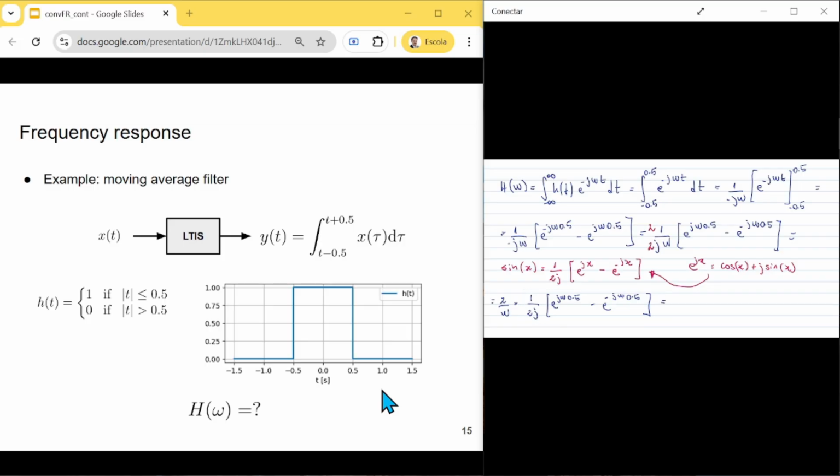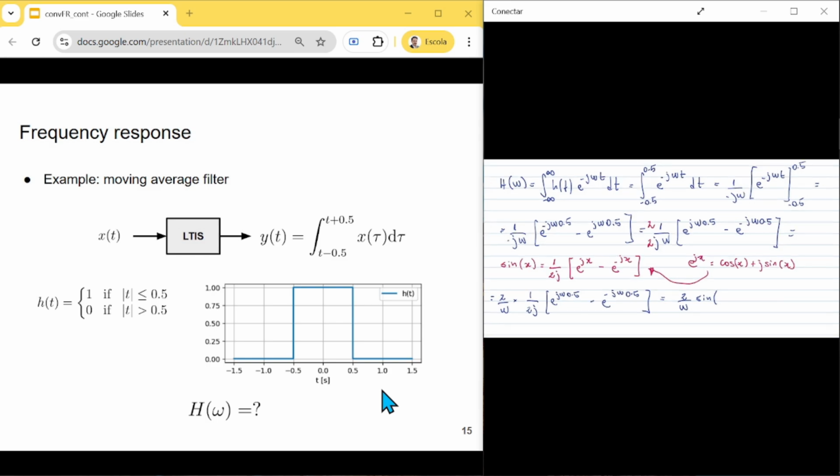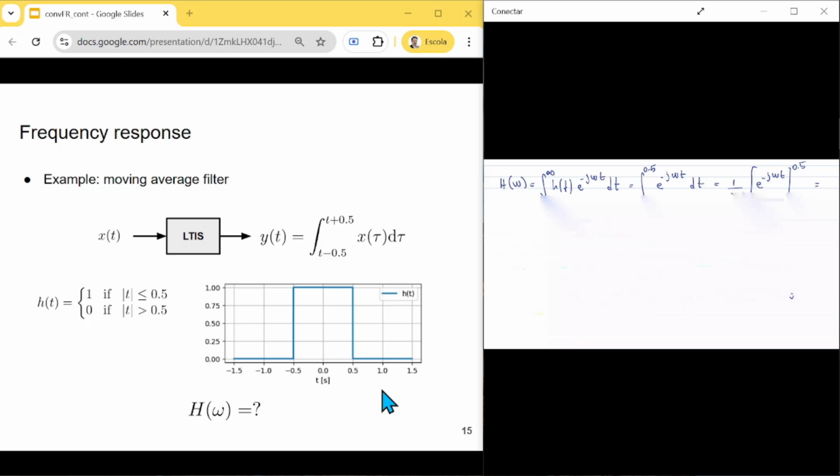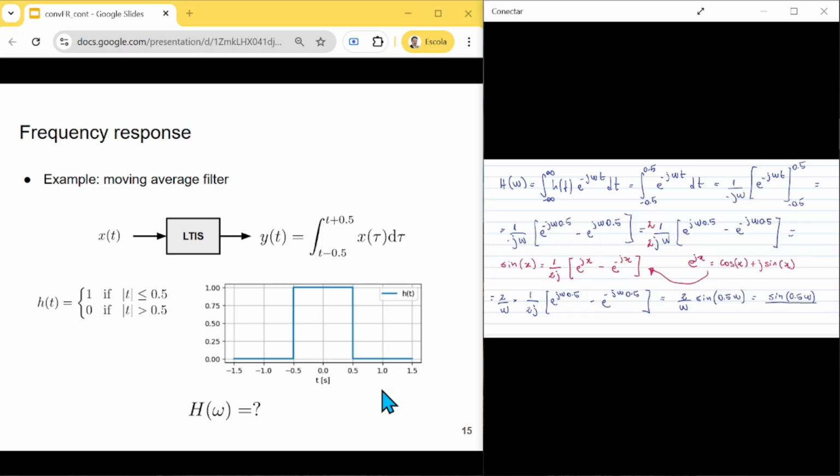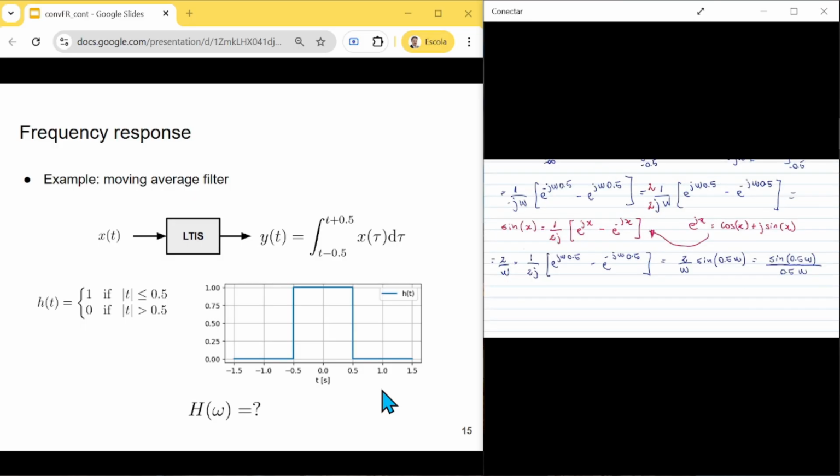So we have 2 over omega times the sine of 0.5 omega. This is also 1 over 0.5 omega, right? So in the end, we have the sine of 0.5 omega divided by 0.5 omega. So yes, we have found an expression for the frequency response of the system which has this